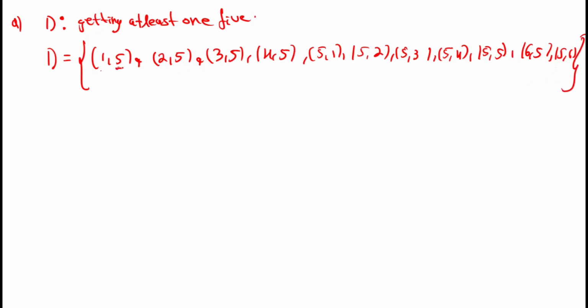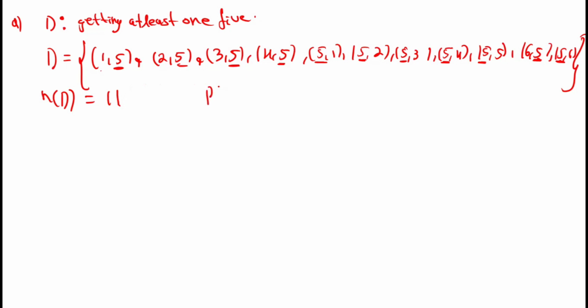See, here you can see 1 5, here 1 5, here 1 5, here 1 5, then 5 1. 6 outcomes are there, right? Why? 5 1, 1 5, 5 2, here 5, 5 3, here 5, here also 5, here also 5. Then 6 5 is possible, 5 6 is also possible, because here also 5 is there. So n of d is equal to how much? n of d is 1 2 3 4 5 6 7 8 9 10 11, right? So n of d is equal to 11.